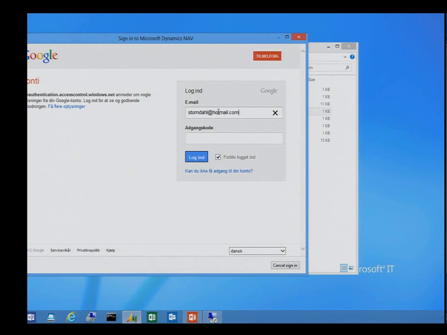As you can see, I'm typing a Hotmail account. Well, Google is not bound to having Gmail accounts. You can have basically everything. So this is just my mail. And I'll type in the password. And I keep this one, preserve being logged in. So it keeps a cookie on my login credentials, and I can log in automatically next time. So I will log in.